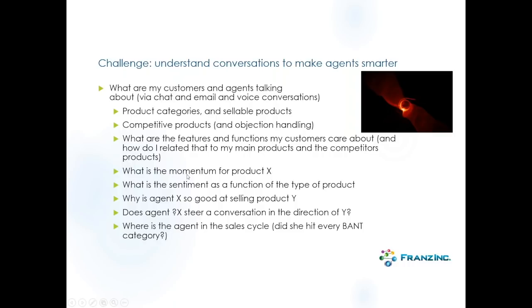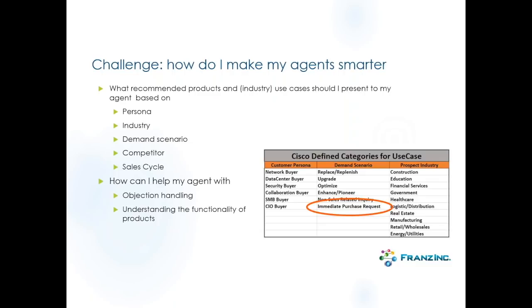Do we see that suddenly the customers start talking way more about a product X, whether it's a product you want to sell or a competitor, et cetera, et cetera. I don't have to belabor the point, but there's a lot of things you can do when you look at sales conversations. And then you want to help the agent while he's busy. Yeah. So based on the persona that you're talking to, whether it's a CIO or a security buyer or someone from the purchasing department, or based on the industry, or based on the demand scenario, meaning is this a direct sale, or maybe is this a cry for technical help? Yeah, so all of these things determine how you can help an agent with real-time help.